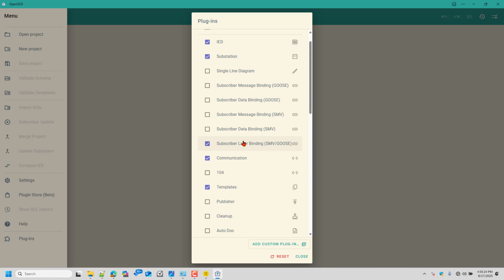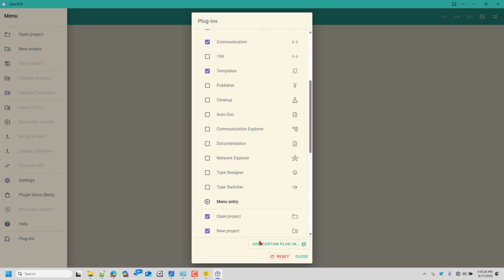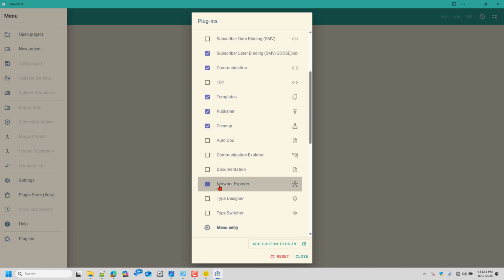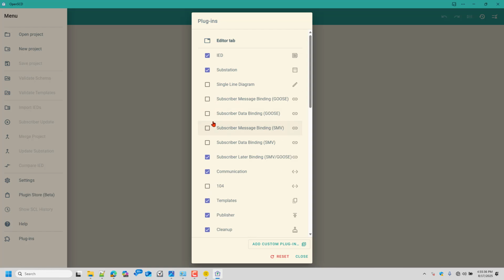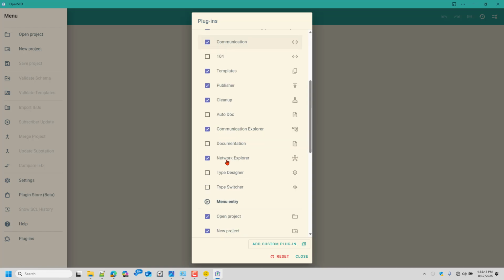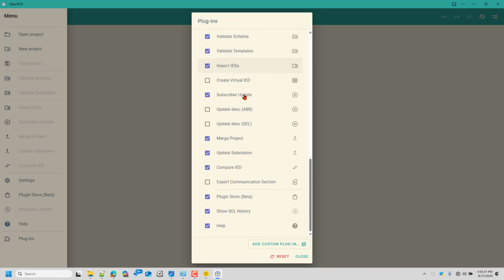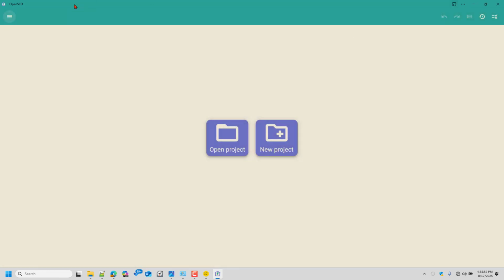to be used by you frequently. And for me: cleanup, publisher, network explorer, communication explorer. Of course, I'm interested also in the data binding and single line diagram as well, for message and data for GOOSE and sampled value. And this is good enough for me for now. So we are running one of the OpenSCD offline instances now. Next,